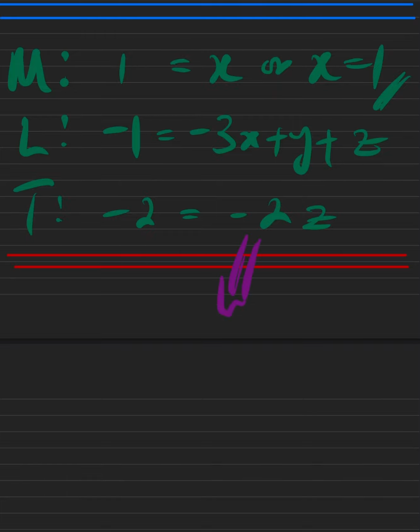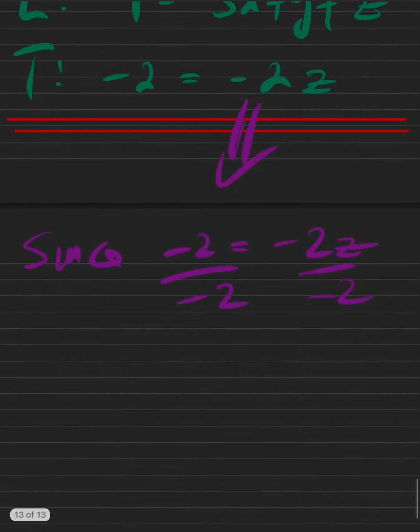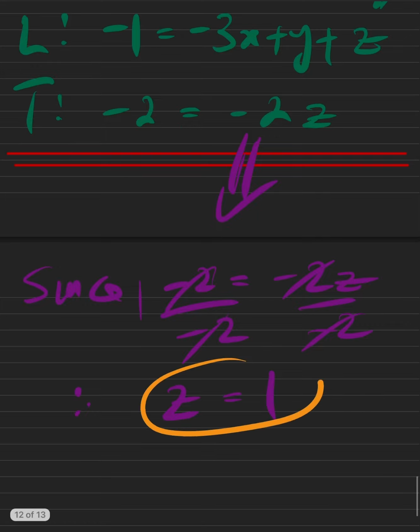From here you can easily find your z. You can find your z from there, right? So since -2 is equal to -2z, from here you can divide both sides by -2, right? So you have z to also give us 1. So when these are known, we are going to have a 1, right? So now if you see it, we have been able to get x is equal to 1, z is equal